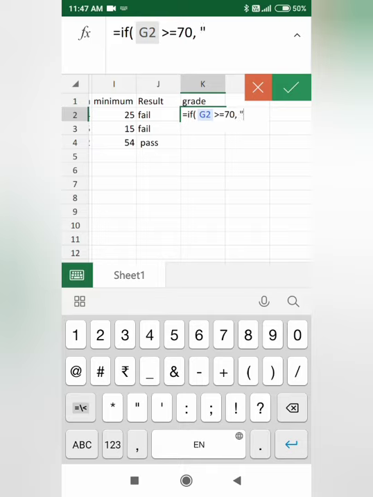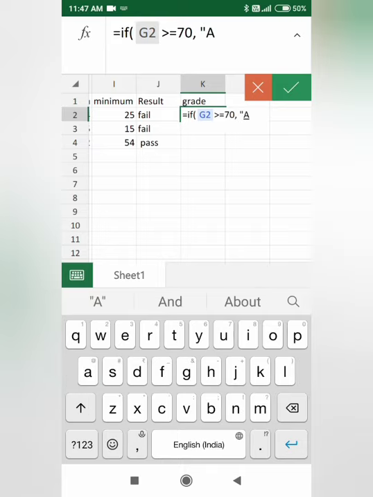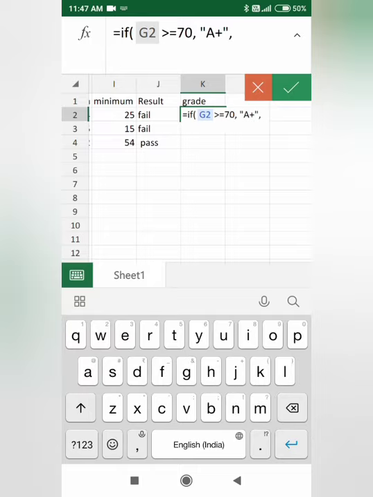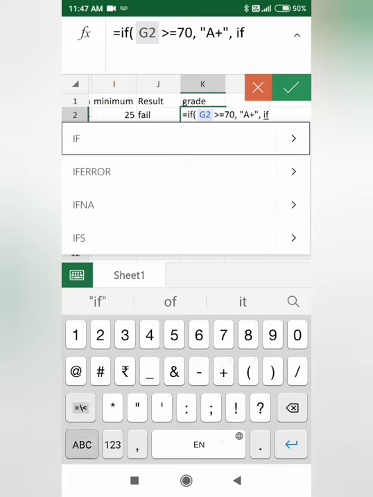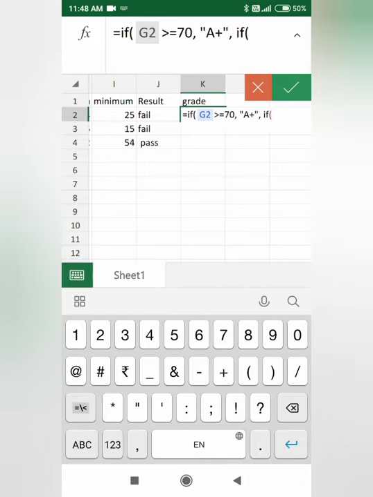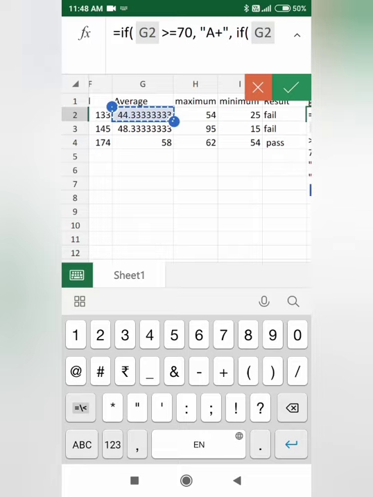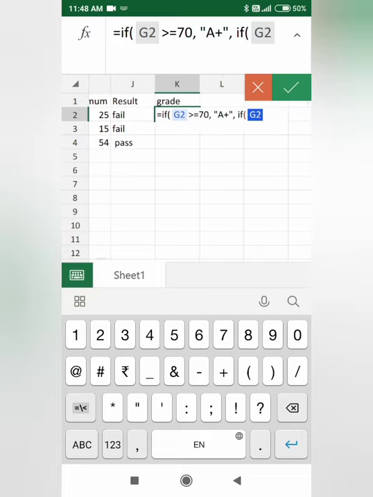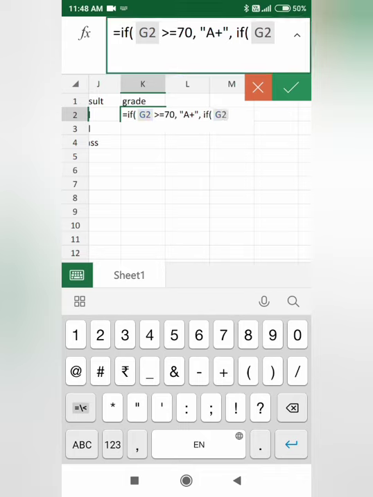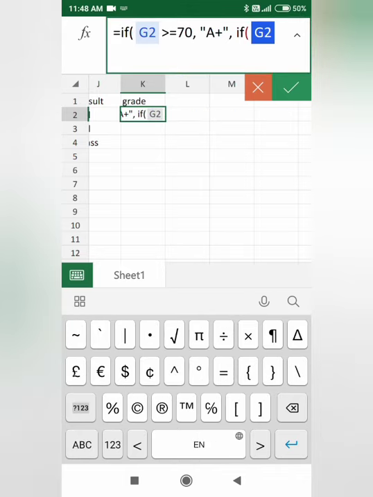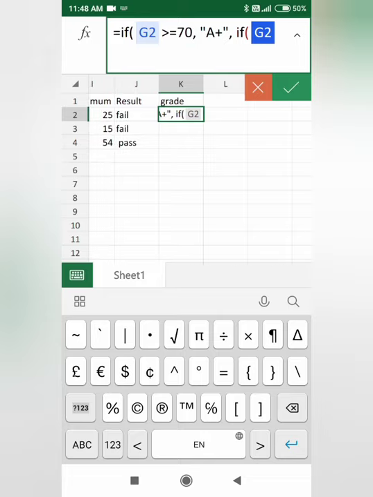See carefully the signs, which sign is in which place. I give it A plus if it is greater than 70, and then again if, then again you have to choose that average. Otherwise you can write the number directly. Again, if it is greater, second you have to write, see the formula bar.